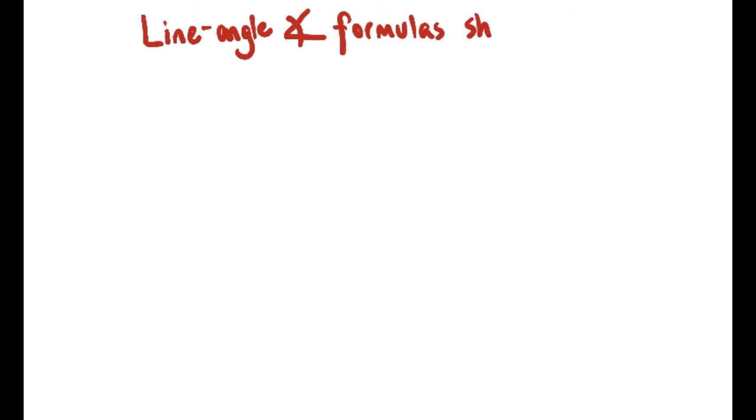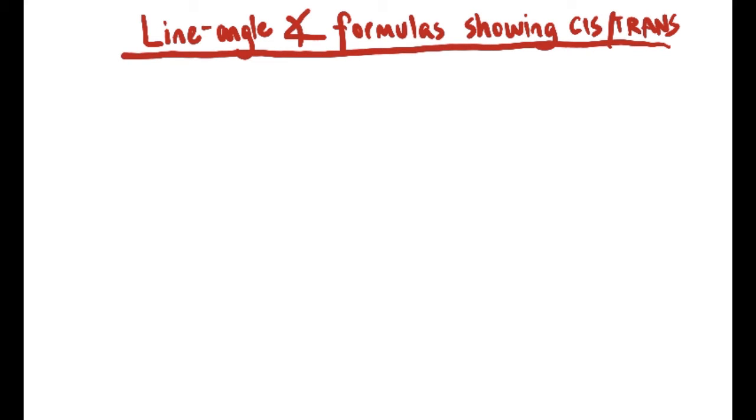You go about creating an abbreviated way of showing whether two groups are cis or trans to one another. So we're going to look at line angle formulas that will show us whether two groups are related to one another, cis or trans. It's a very important thing to do because what is often the case is that the properties, particularly how molecules interact with biological systems, is going to differ depending upon whether those molecules are cis or